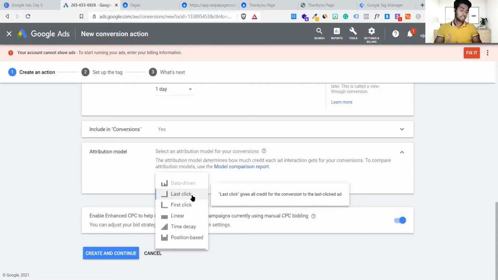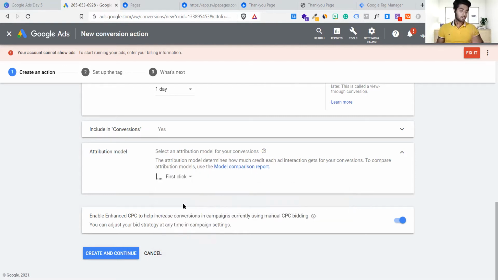But in the industry, whenever we use it, we use last click, especially for signups and all the lead magnets. If I'm an e-commerce company running a brand like Nike or Puma or Reebok, it is very important to track the first click, because that is my brand value.